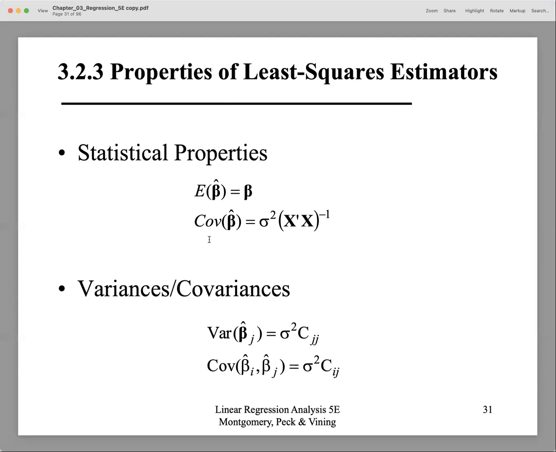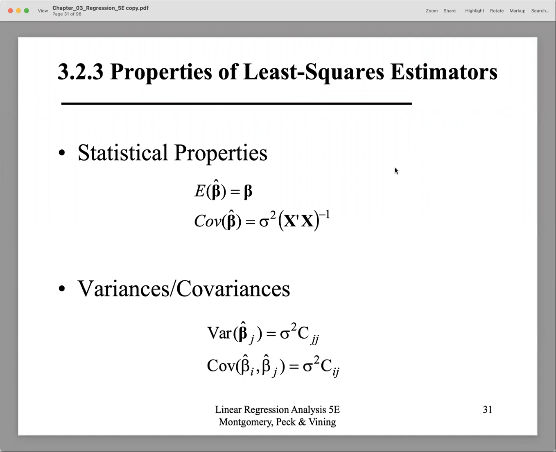And it can also be shown, and it's more convenient to do this if we think in terms of the matrix form of the model, that the covariance matrix associated with the least squares estimator of beta is equal to sigma squared, which again is the common variance of the error terms, times the inverse of X prime X. Now, if we write X prime X inverse as the matrix C, which would be k by k,